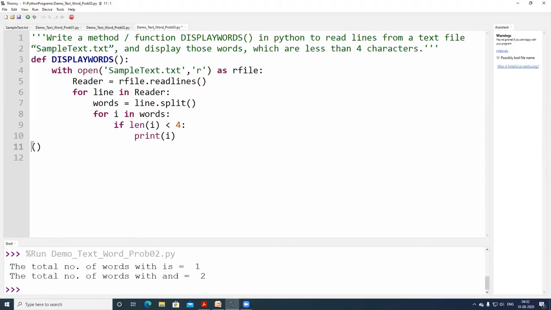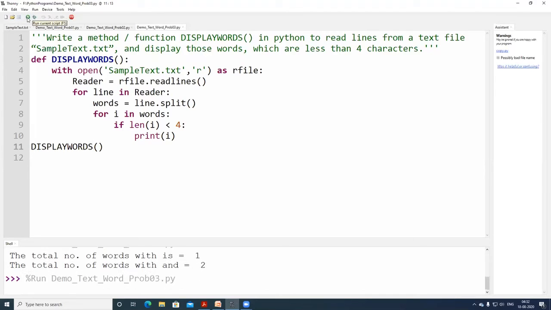People will be asking why you have the function name in caps. Since in the question they have given it in full caps, we are also using it. We have already saved the program. Now let us run and check.